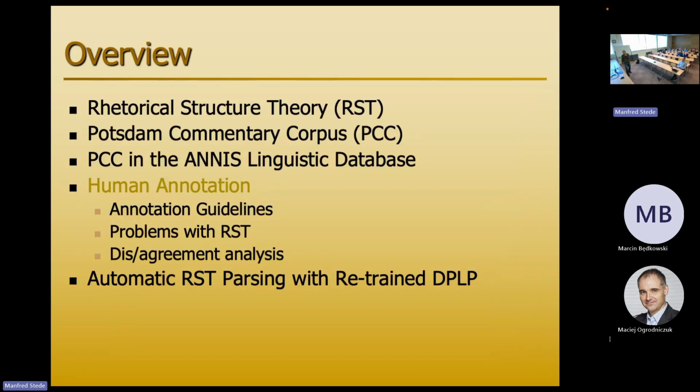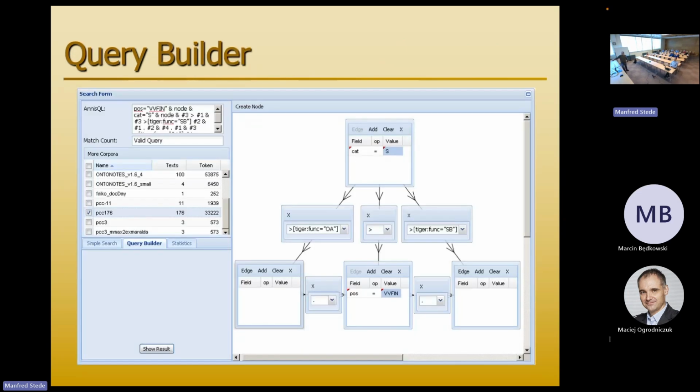Yeah, so the PCC is available in ANNIS. By the way, many corpora are available in this ANNIS database. I think it's visible here. There's just one part of it that colleagues at Humboldt University in Berlin, where the main server is located now, have put together and allow for open querying, in fact. Also, the PCC in ANNIS is openly available to play with it.